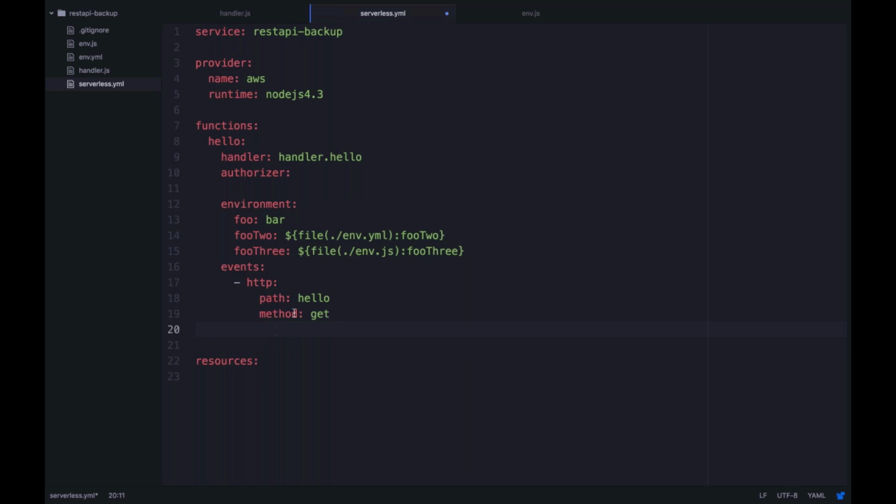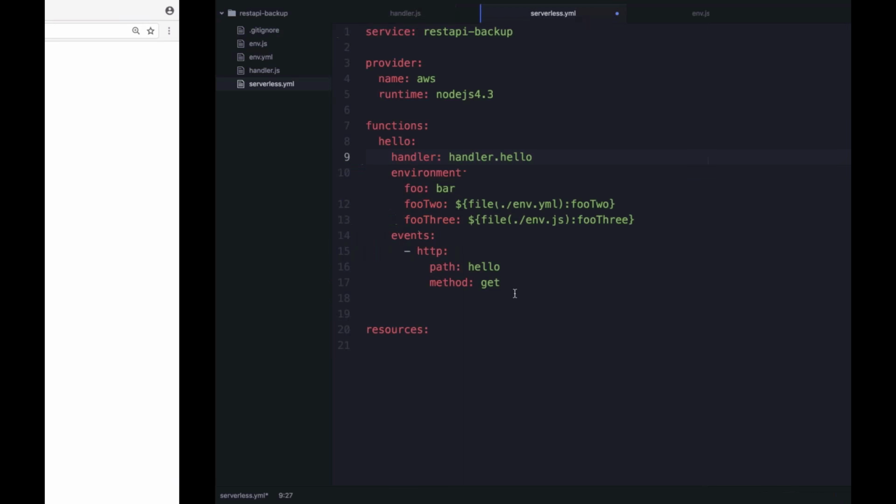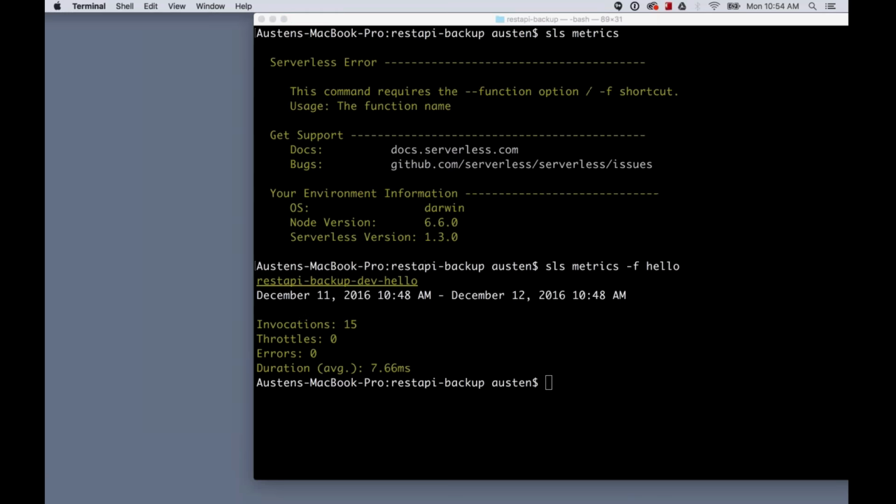You could set API keys right here on HTTP, or you could set an authorizer which will do auth logic in a separate Lambda function that fires before the Lambda function with your business logic. And in that Lambda function, you could use any auth implementation or service that you want, Cognito, auth0, JSON Web Tokens, whatever you need.